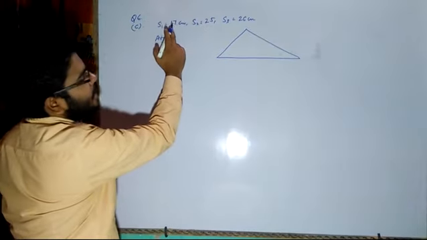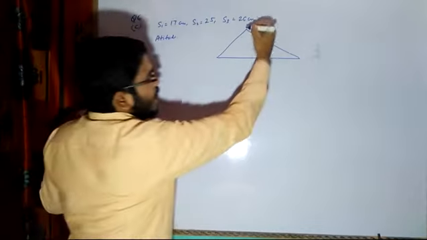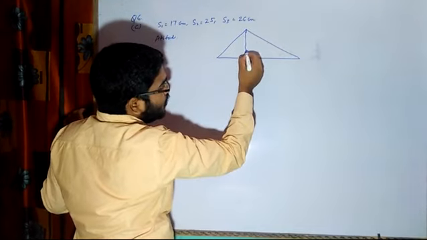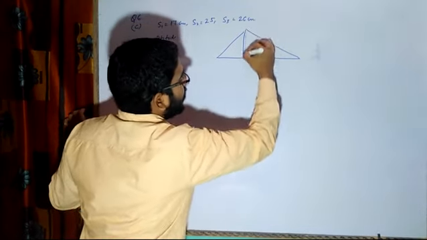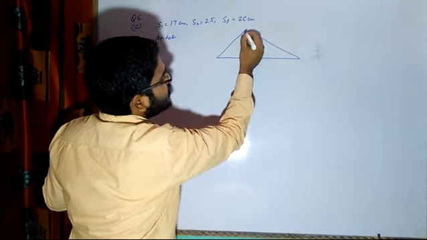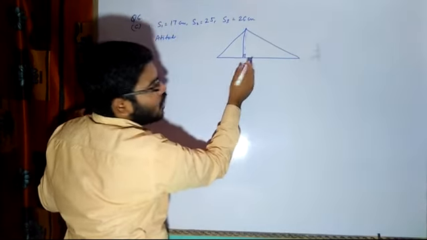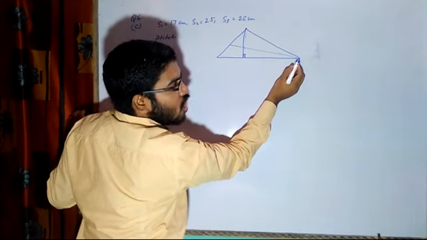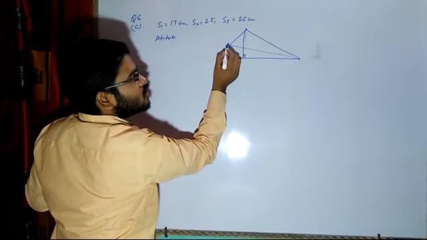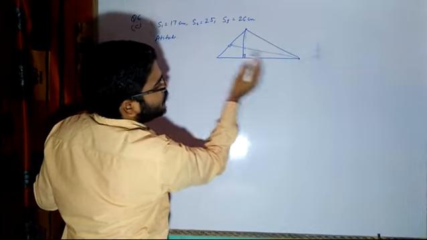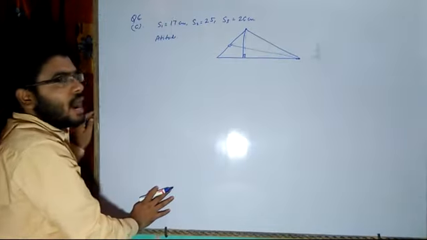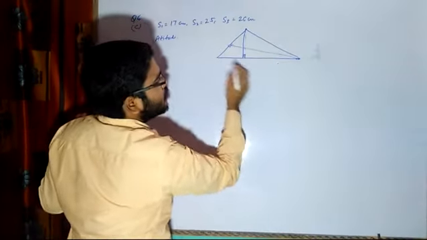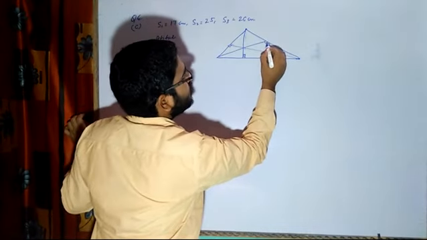This is a scalene triangle 17, 25, 26. Now, its altitude means a line perpendicular to any of the sides, a line perpendicular to any of the sides from its vertex. So, this angle will always be equal to 90 degree. Now, if I draw a line in such a way that the perpendicular drop from this vertex to this base is always 90 degree, then this length from here to here, this line is called the altitude line, and this will be always perpendicular to the base and the vertex. Now, another altitude will be equal to this line.